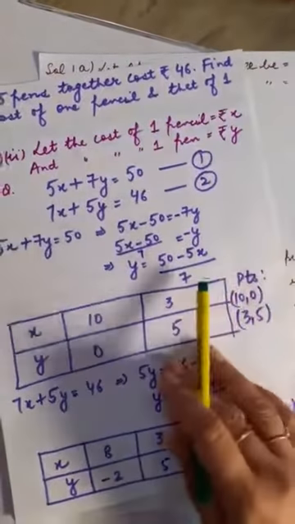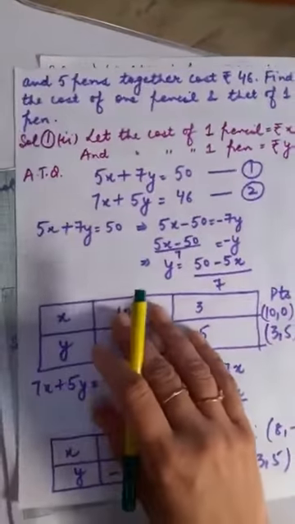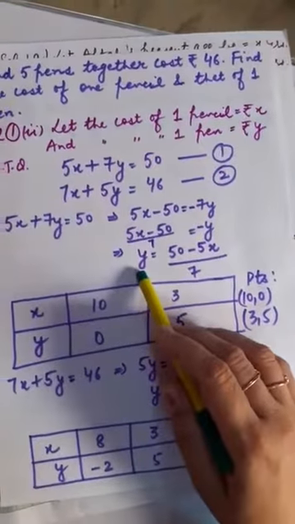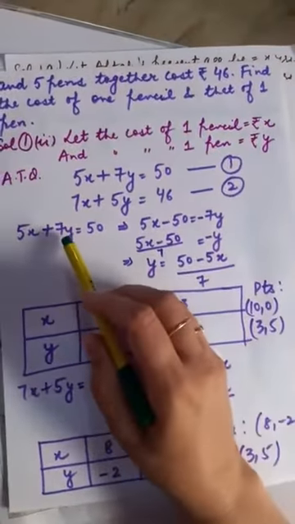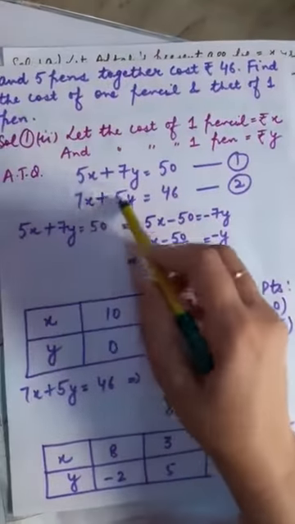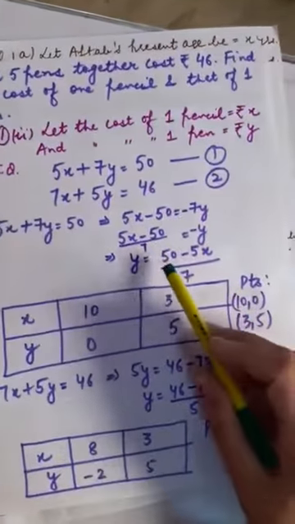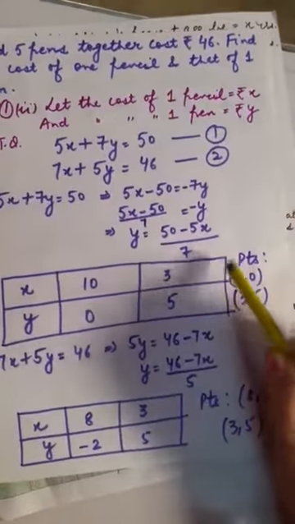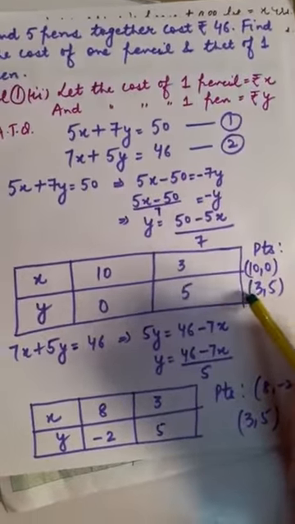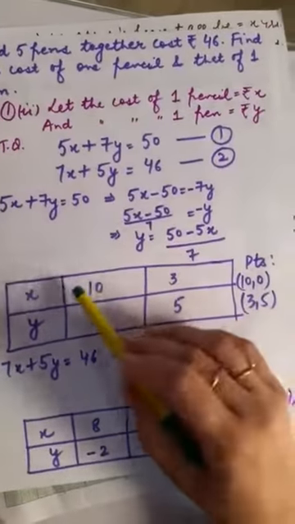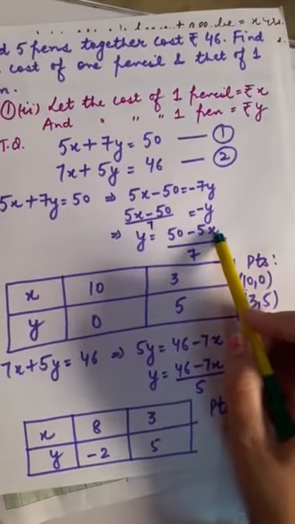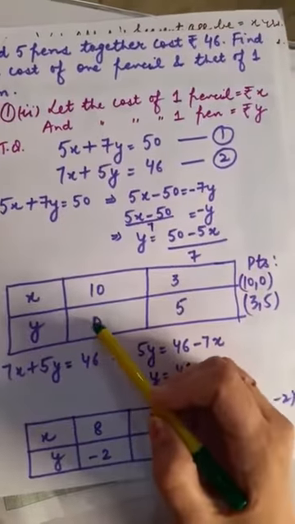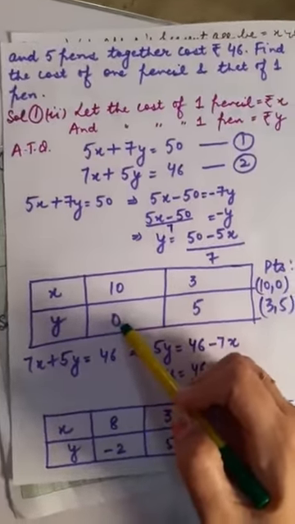Through this again, children, from equation number 1, that is 5X plus 7Y is equal to 50, I have just calculated the value of Y. This will be 7Y here, and this I am going to take on another side. 50 minus 5X will be divided by 7. Now, just calculate the points. What is to be done? At the place of X, I have written here 10. So this is 50 minus 5 into 10. Again 50 minus 50 has become 0. 0 divided by 7 will become 0.